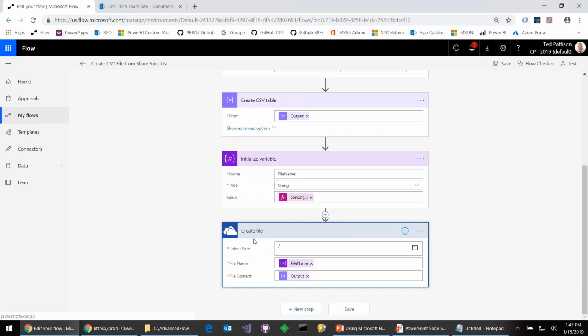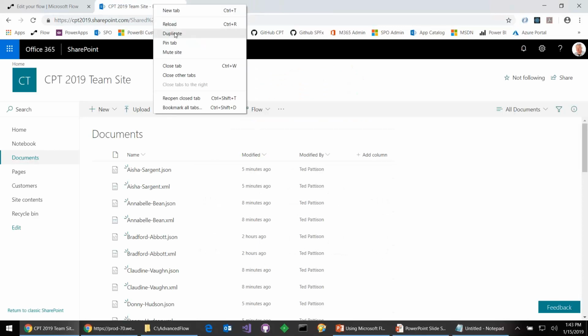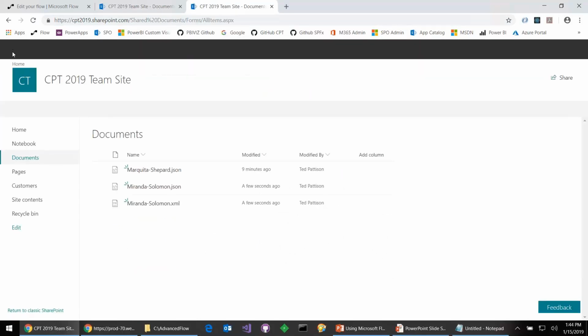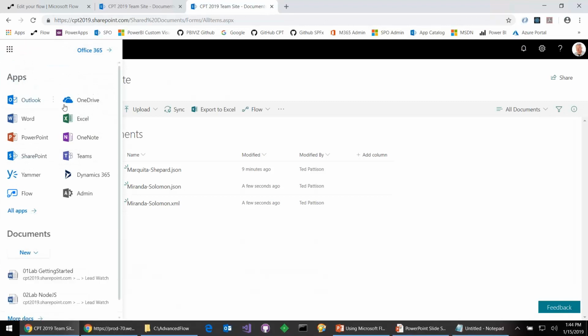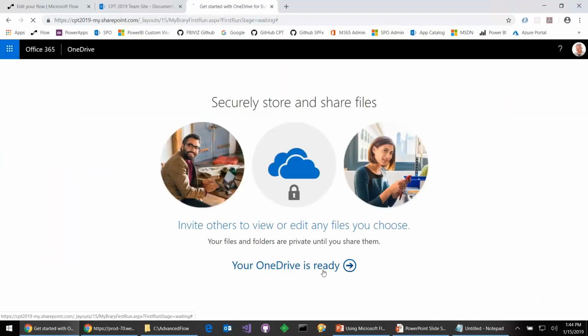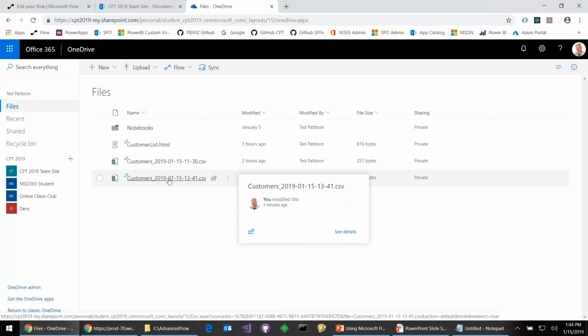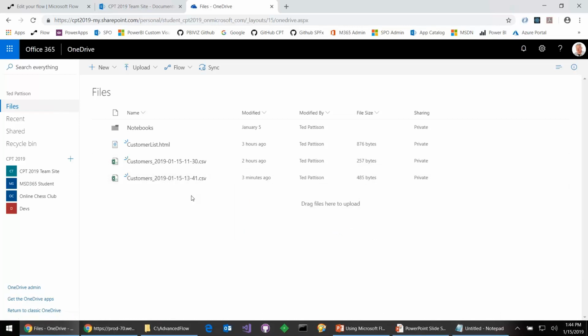Down here, create file, we're creating a file inside of OneDrive. Okay, so if I now go off to OneDrive here, sorry for jumping around, but let me quickly navigate over to OneDrive. And yes, OneDrive is ready. And now what you can see is every time I run that operation, it's basically going to create a file